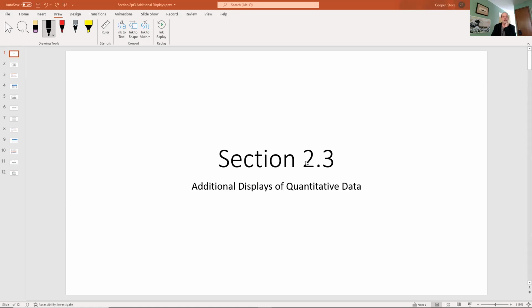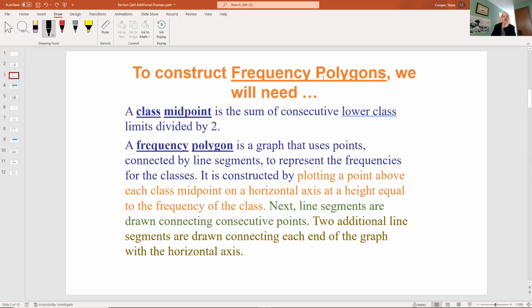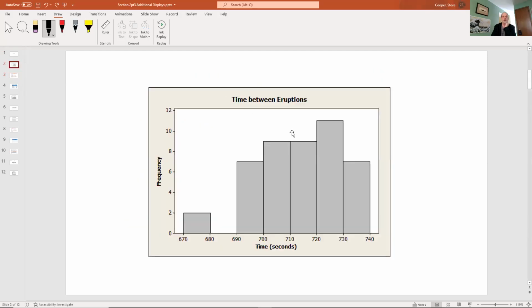We're looking at today section 2.3 of the text, and the names of this data are ogives and frequency polygons. So to reflect back on what we've already learned, and what hopefully you still have on your